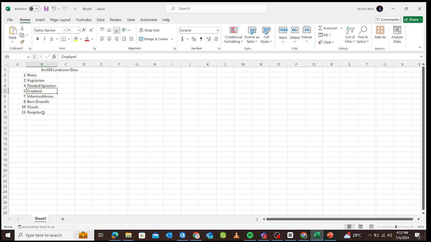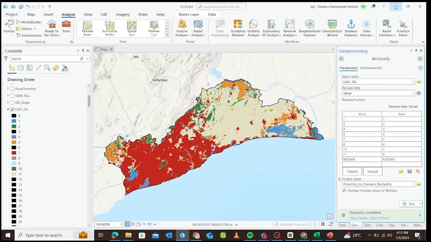Croplands have some level of vegetation, so they will have a low or moderate chance of flooding. So with that being said, we can now go ahead and recode these values